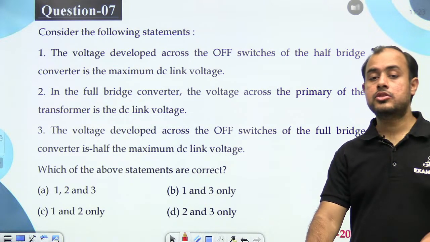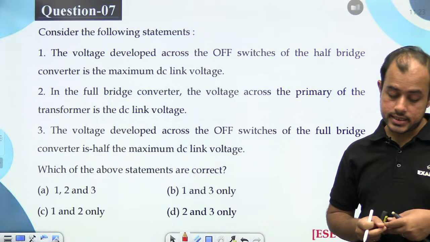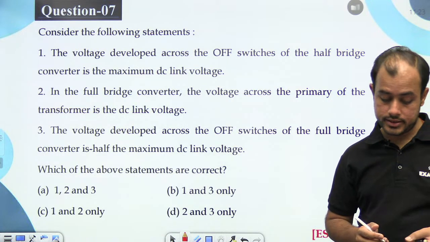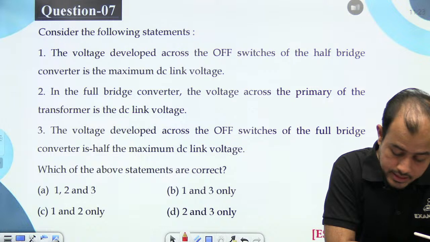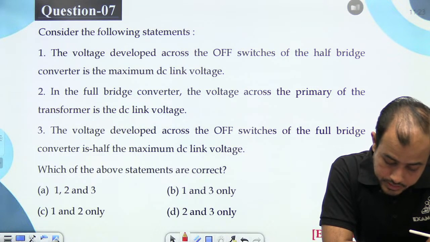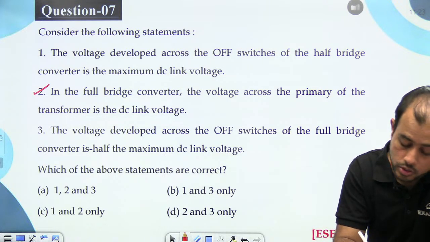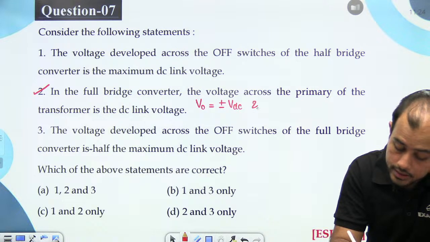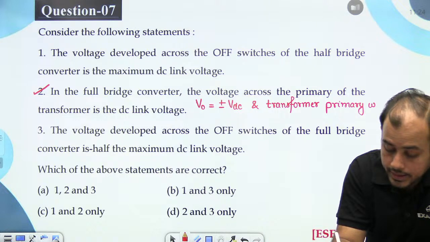ओके, तो इट इज टॉकिंग अबाउट द इन्वर्टर बेटा. The voltage developed across the off switch of a half bridge converter is the maximum DC link voltage. But it is half bridge converter और full bridge converter. ये तो सही है फुल ब्रिज कन्वर्टर में, क्योंकि जो V नॉट होता है प्लस माइनस VDC होता है एंड ट्रांसफॉर्मर प्राइमरी will be connected